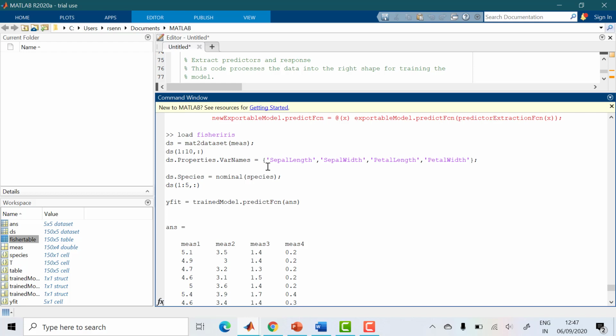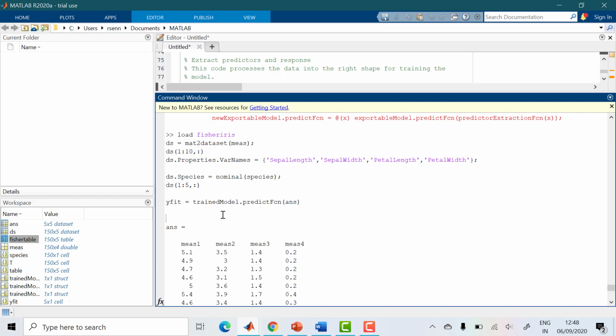So first you load the data, take some 10 rows and all the columns, and change the column names as you trained your data. There is a variable name for these 4 variables plus the species, the 5th column name that you are given. Then this is the command you are using in MATLAB for the trained model, the predict function. The answer means the final changed data is there in ans. Here you have to give the table you formed.